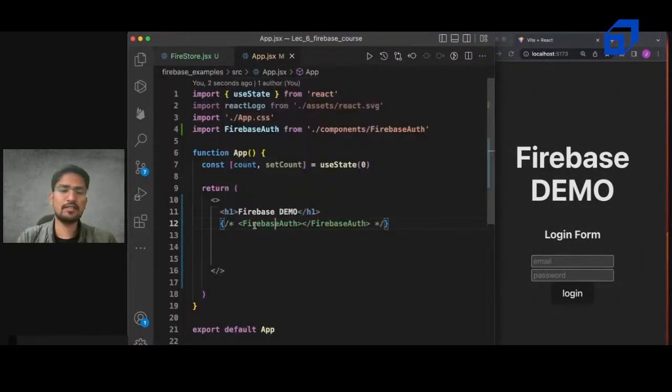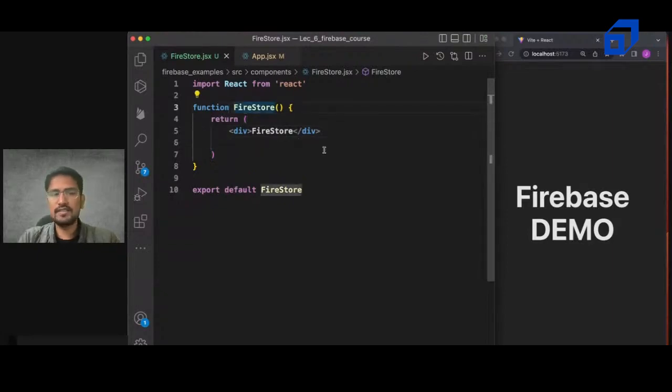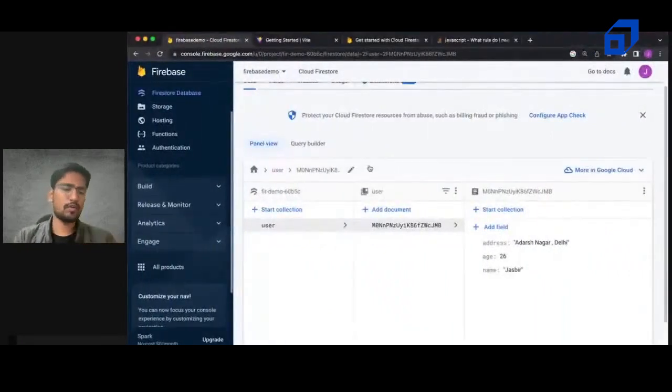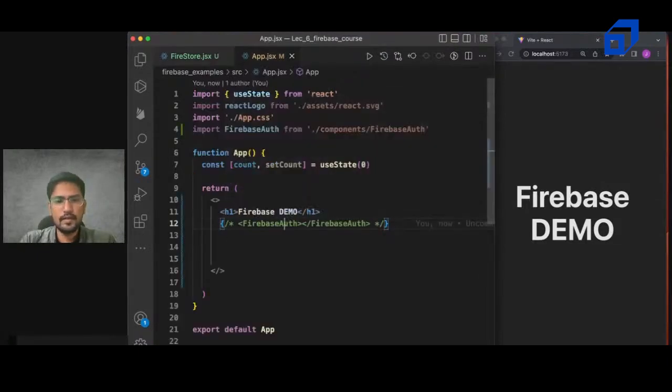Now here I just want to access the data majorly. The rest of the things I will be explaining to you. And we can just leave the sign up part also. You can go through the documentation and easily implement it into your React application, or I will be explaining the same thing in your Instagram reels also. Okay, so for the Firestore part, let's import it into my